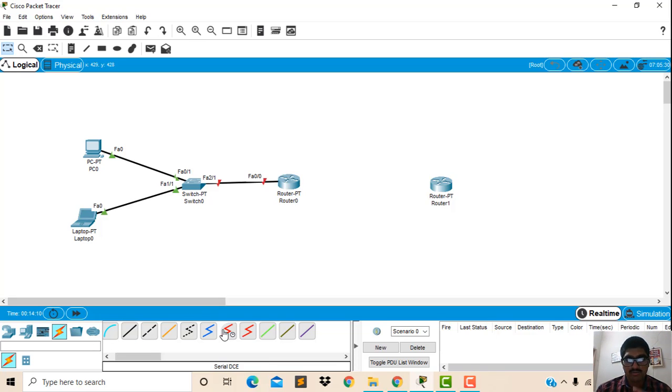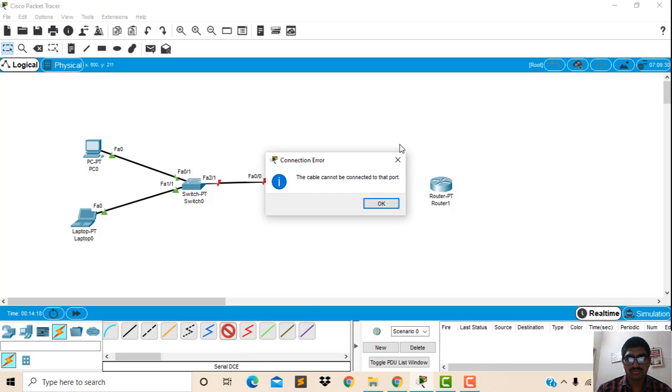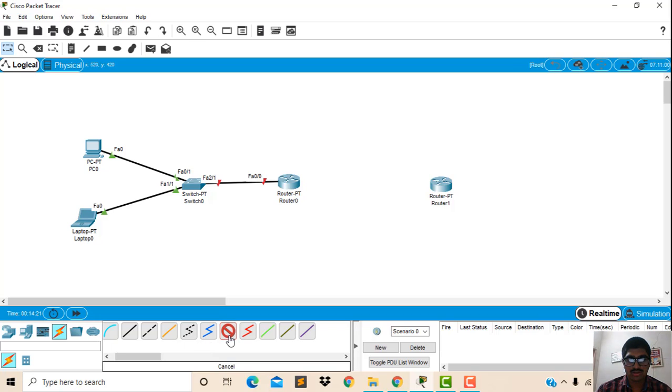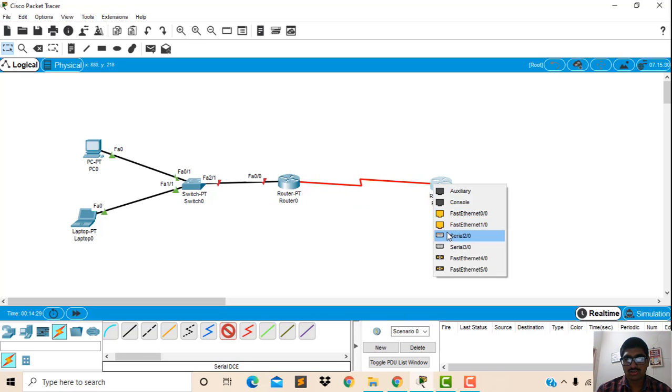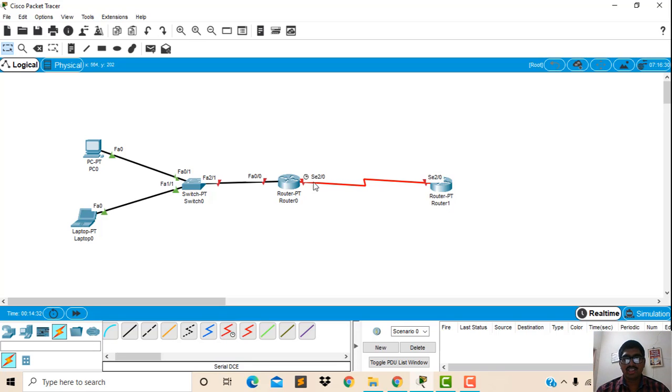Now, as I told before, we will take the serial DCE cable, which has the red zigzag with clock. Here we have serial 2/0, and we select 2/0 here also. Now we can see the first start of that wire has this clock symbol. This is the difference between serial DTE and serial DCE.